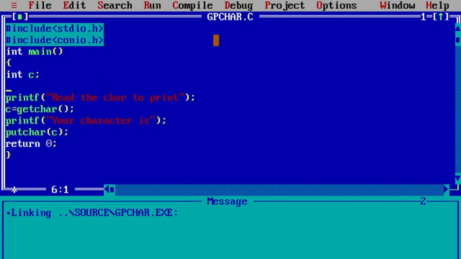Then after declaration you should use clrscr, to clear the screen, and at the end you should use getch.